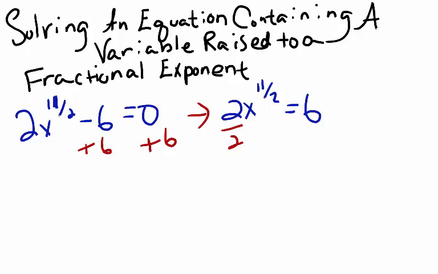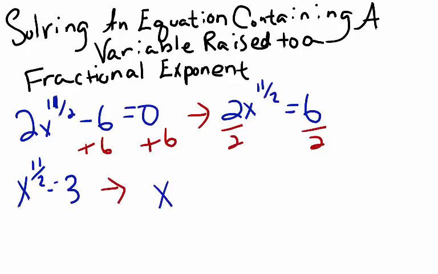Now I'll divide both sides of the equation by 2, and that leaves me with x^(11/2) = 3. Now I don't want to solve for x to the 11 halves. I want to solve for x to the first power. So what I need to do